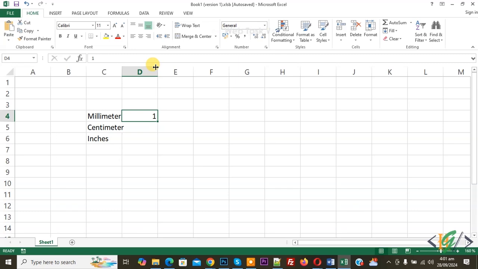Bismillahirrahmanirrahim. Assalamu alaikum. My name is Hassan, and today we are going to convert millimeter into centimeter and inches in